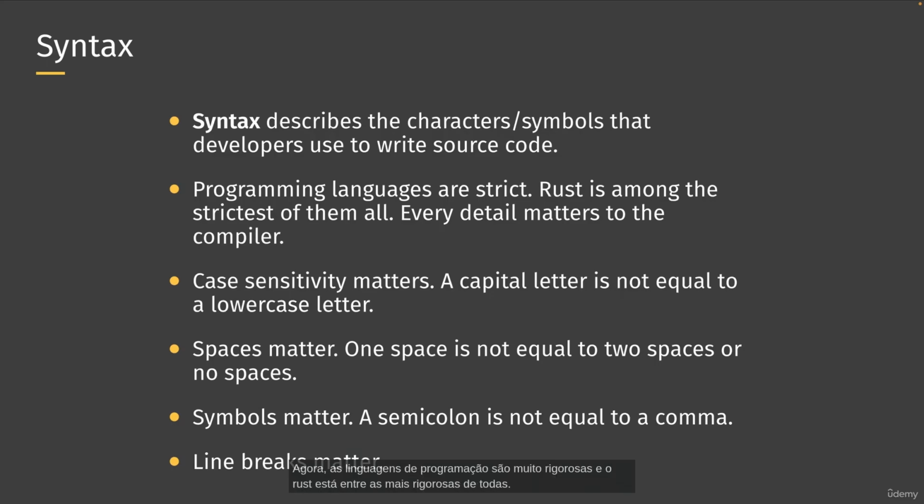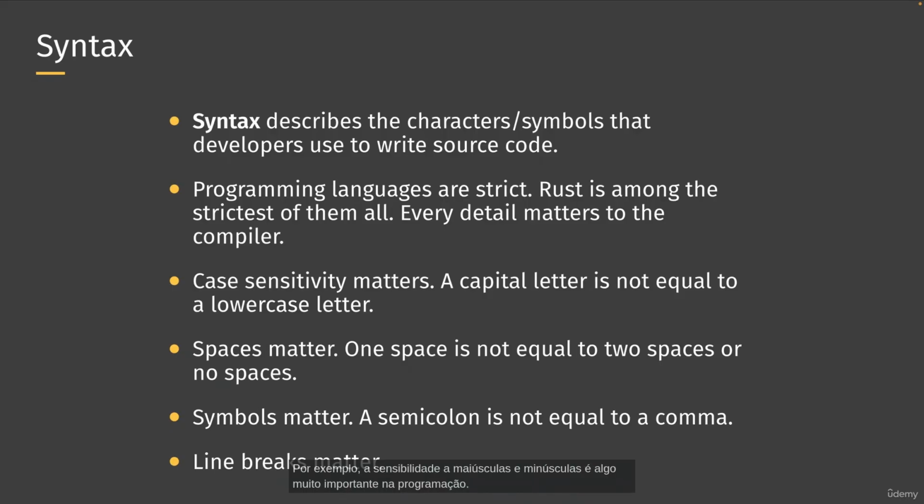Now, programming languages are very strict, and Rust is among the strictest of them all. Every detail matters to the compiler because it needs to have the source code be valid and legitimate so that it can translate or transform or compile that source code correctly into the binary executable that the computer needs to run. I want to bring up some very common syntax mistakes that a lot of beginners make, and I want you to be mindful, if you're new to programming,